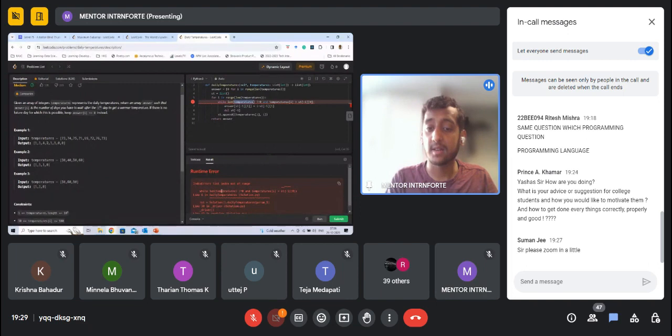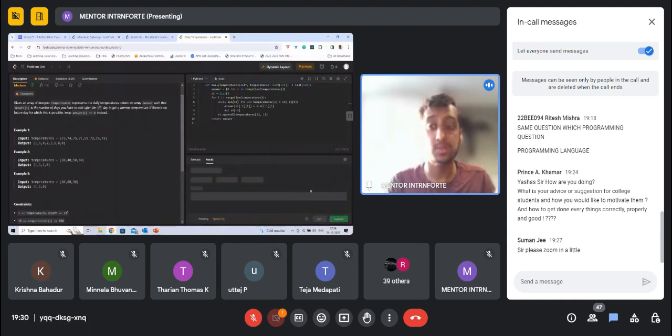It says list index out of range for the stack, right? That is because I have checked here while length of temperatures is not equal to 0, but I'm supposed to check while stack length is not 0, right? So I'm supposed to perform this operation as long as there is at least one element present in my stack. So now let's try running this again, and this time we do see that it executes, right?